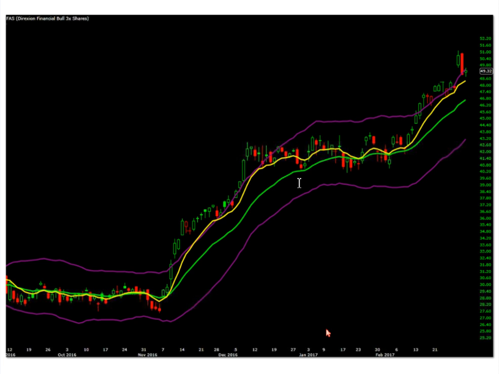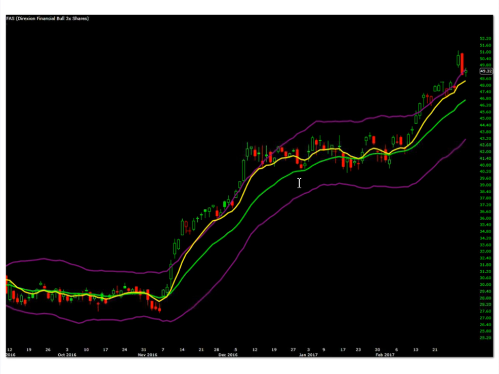So I'm going to show you a chart picture. This is the FAS triple leveraged ETF just on a daily setting for the financials. And this is what it did after Trump got elected until a couple of months ago. And it's been kind of dead and sideways since then. But there were some really strong moves. And I'm going to click to a graphic and show you exactly what I have